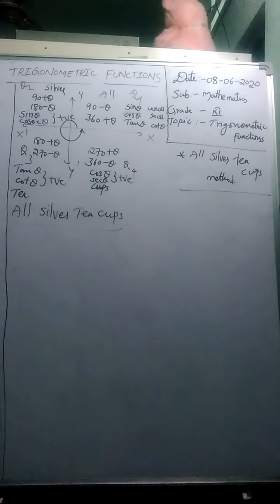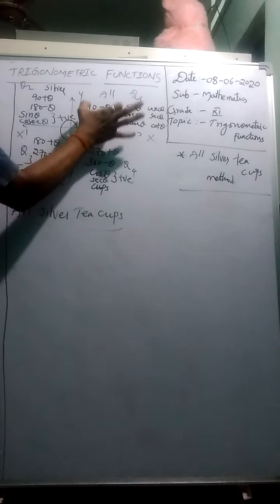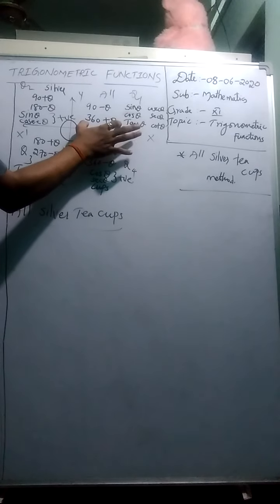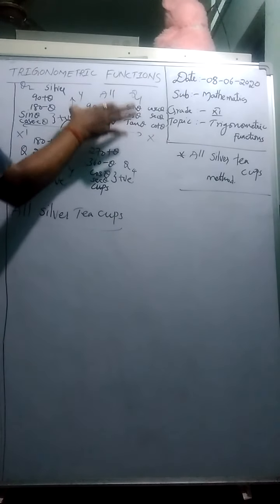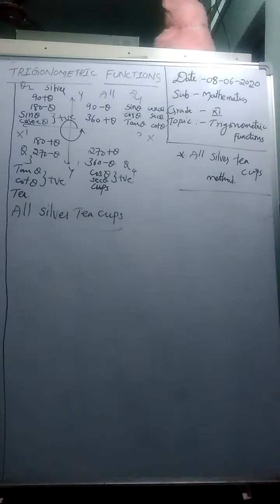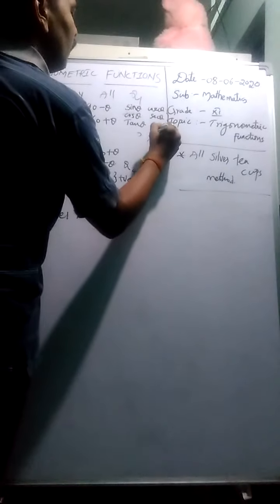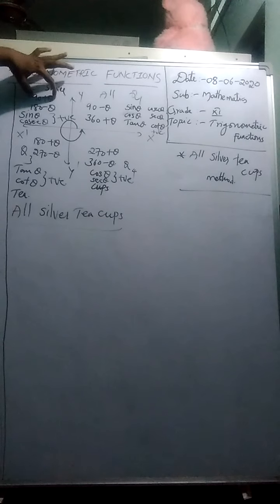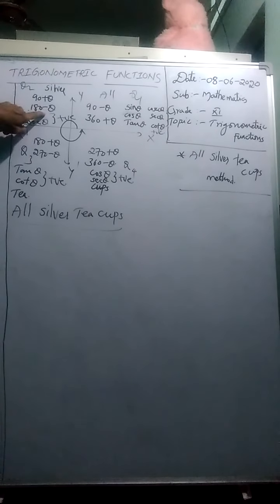if they mention a particular angle in the first quadrant, or angles in the form of 90 minus theta, 360 plus theta. If the angles are in these two forms, or else belong to Q1, all six trigonometric ratios are positive. In the second quadrant, sine and cosecant are positive. If the angles belong to Q2, or are in the form of 90 plus theta, 180 minus theta, then sine and cosecant are positive, the rest are negative.